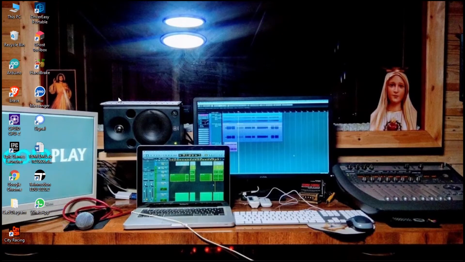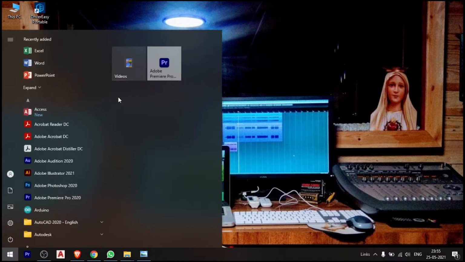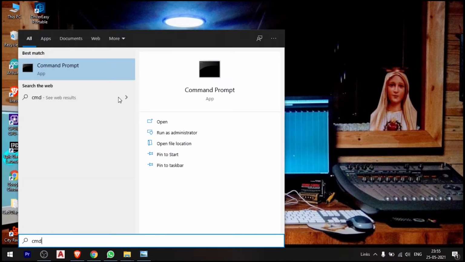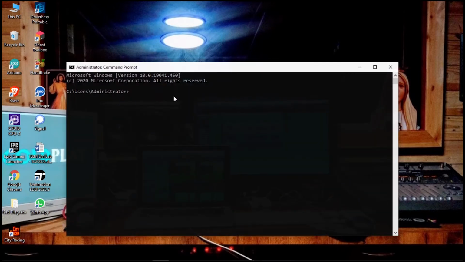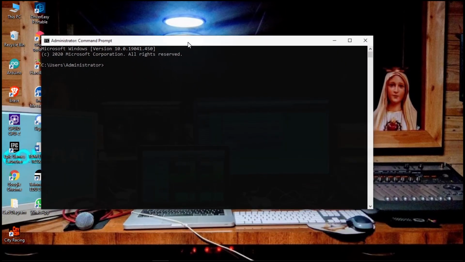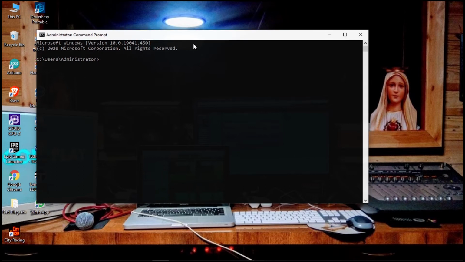So we'll press the Windows button and type CMD, then hit the enter button. Now we have to type diskpart, enter, list disk.